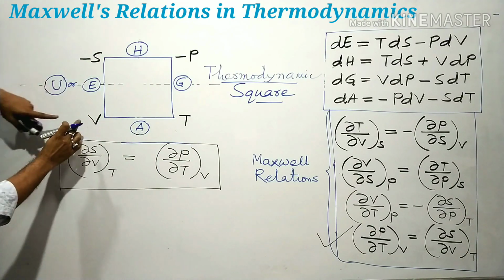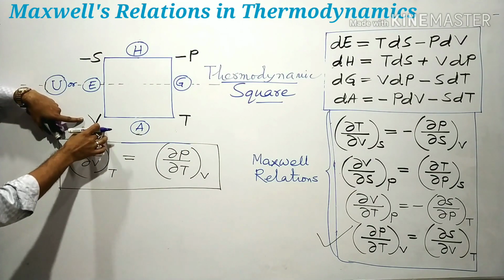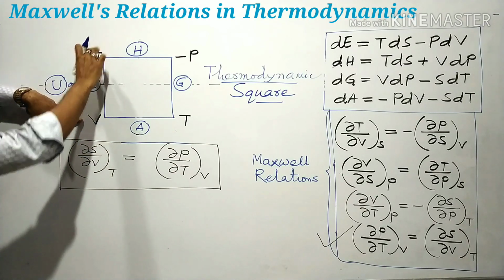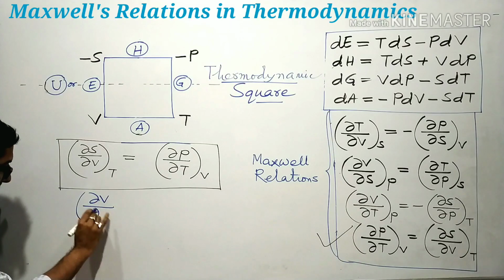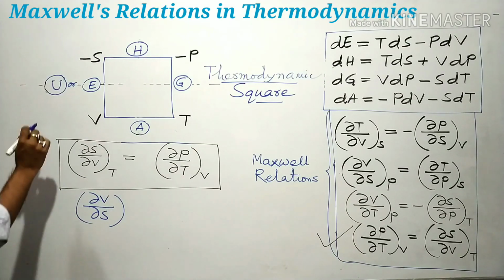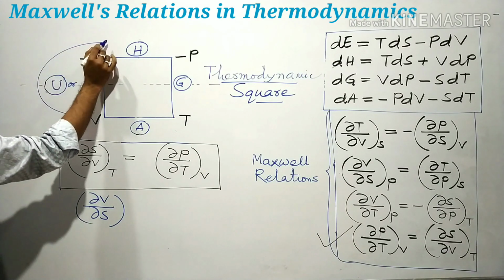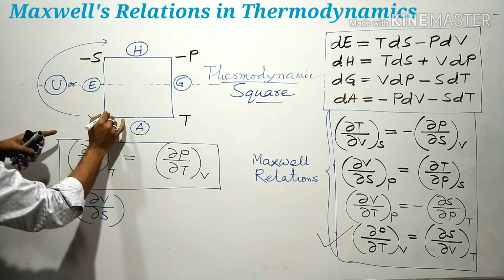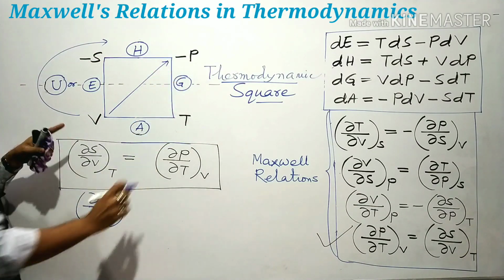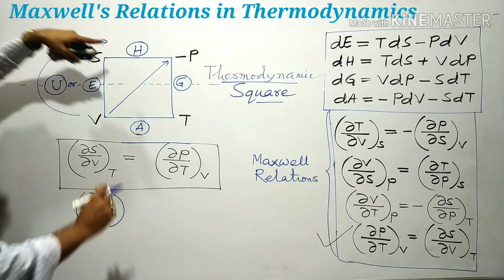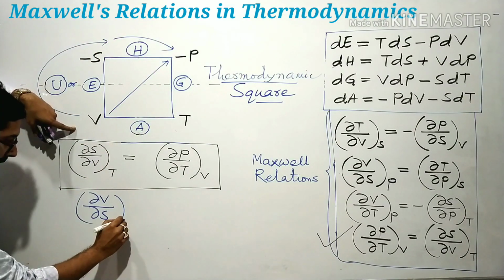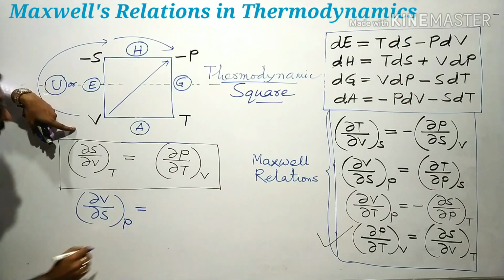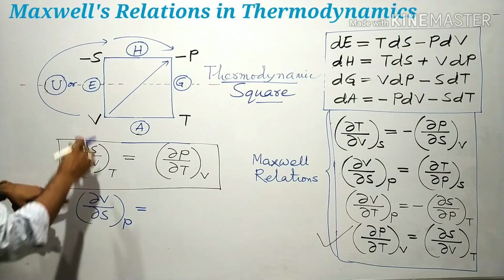Next, we divide V, the differential term of V, by S. So we can write del V del S. Now we move from V to S in a clockwise manner. Then the next diagonal parameter is P. So del V del S at constant P. This will be equal to